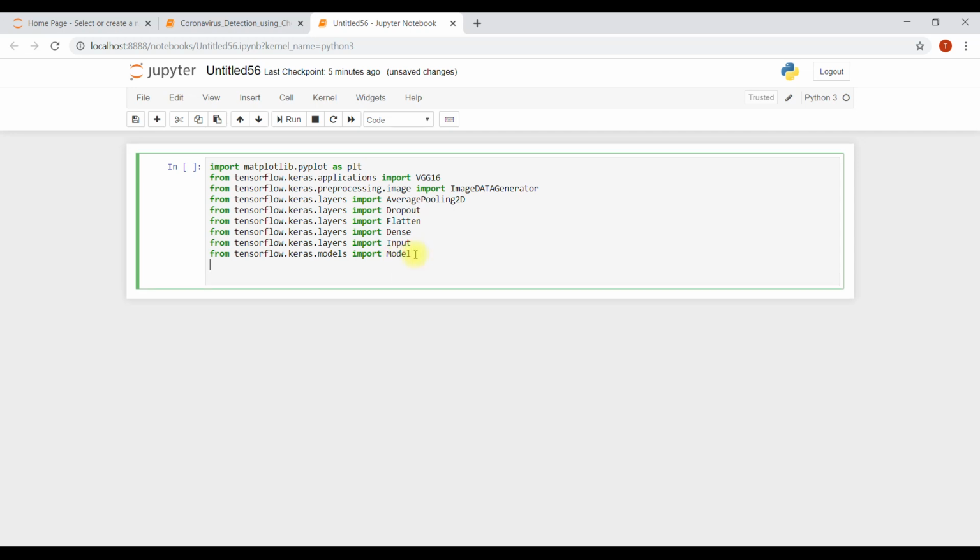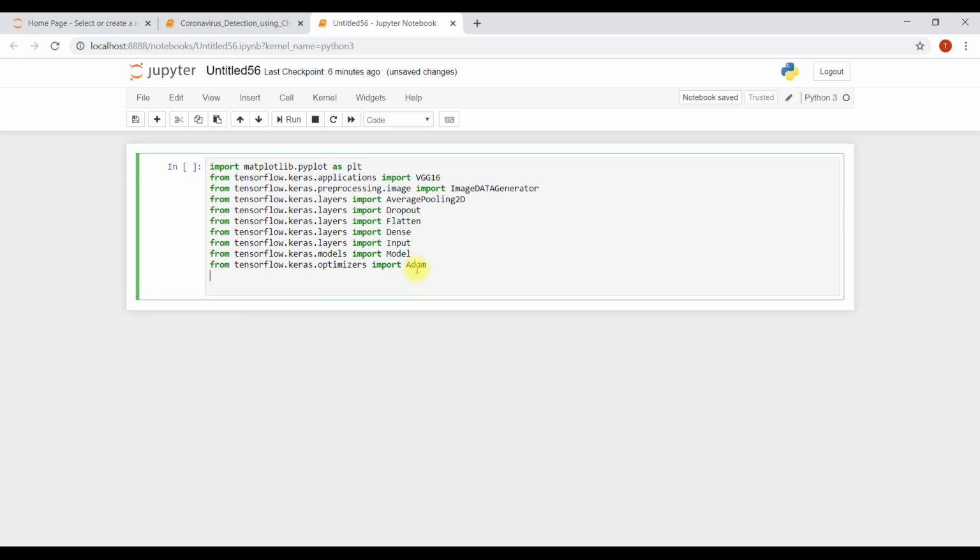Let's import optimizers, and we will import the Adam optimizer. Then from utils, import.